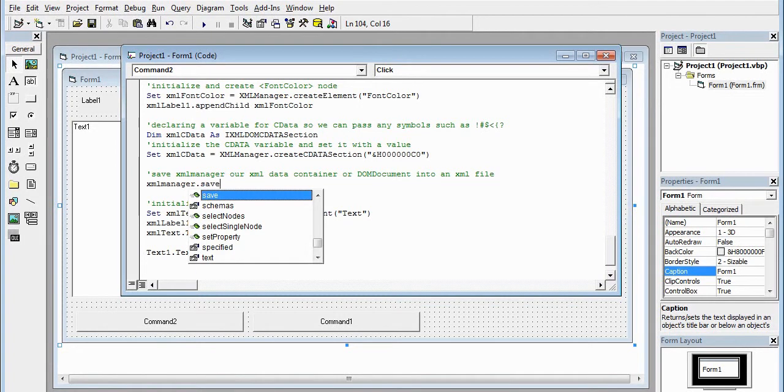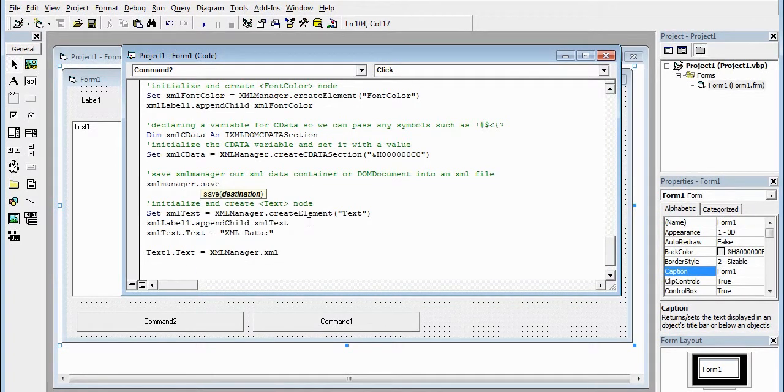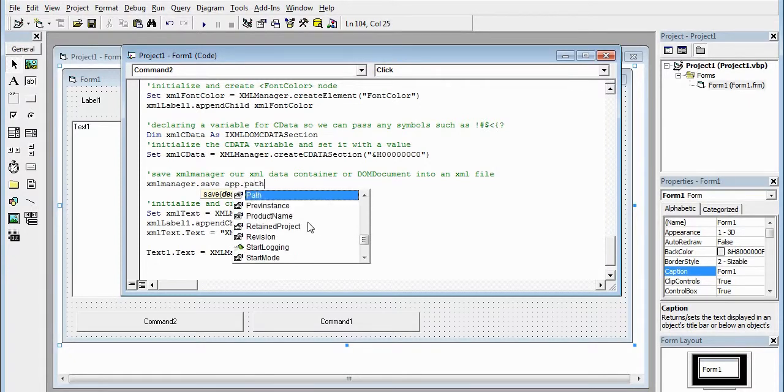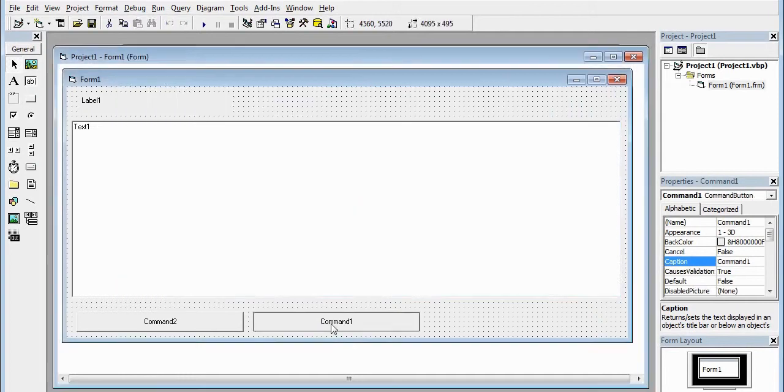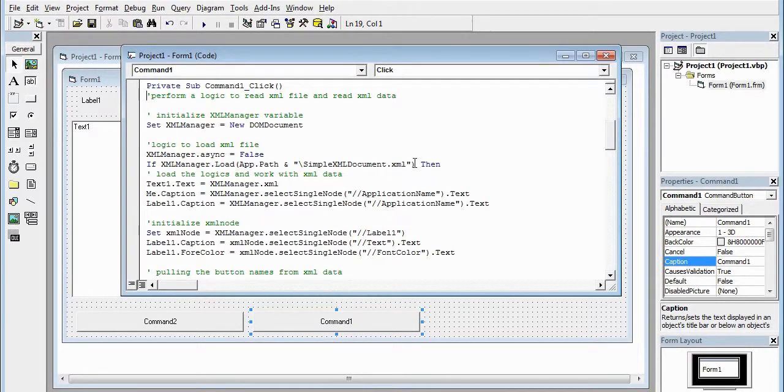Dot save, pretty simple, using the save method. And the destination, you gotta specify the destination. I'm going to use application path of where the project is located, and I'm going to name it my first XML dot XML, like so. And I'm going to copy this,